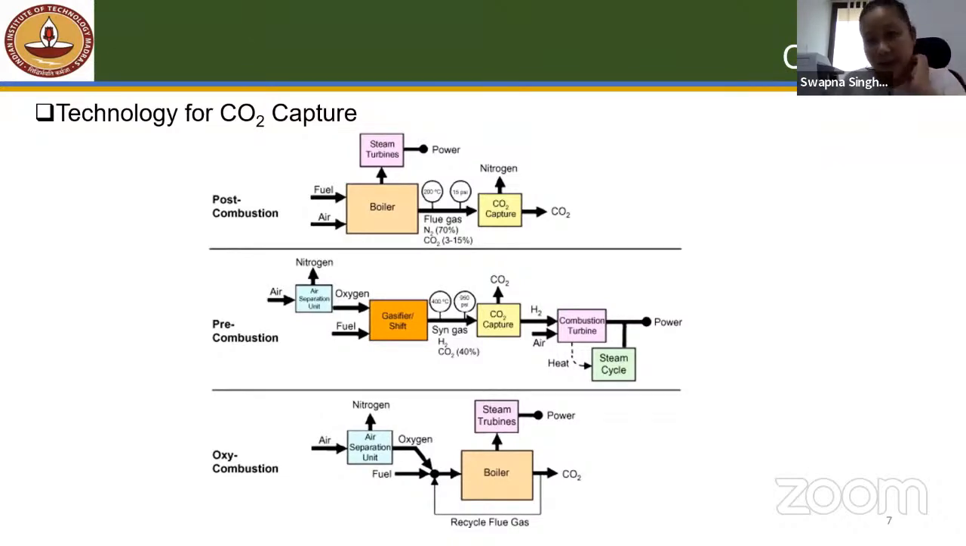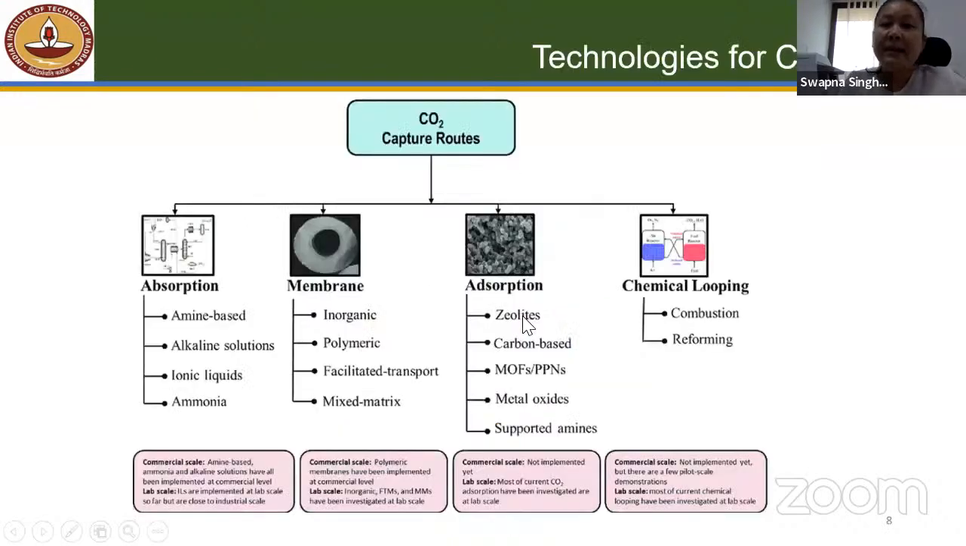Now, these are the different technologies for how we can capture CO2 in the industry: before and after combustion, and also oxy-combustion. Now, how can we capture it? Again, there are different routes. For example, we use absorption technology, where CO2 is captured with a liquid solvent. Amine is one of the most common solvents used for CO2 absorption,